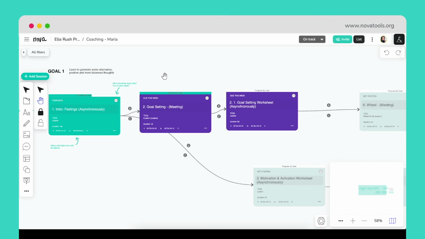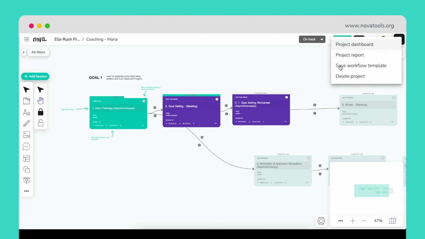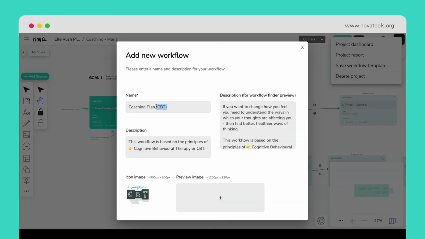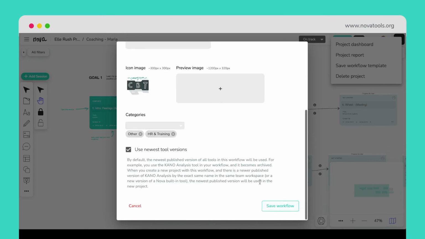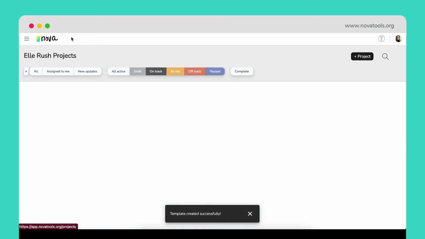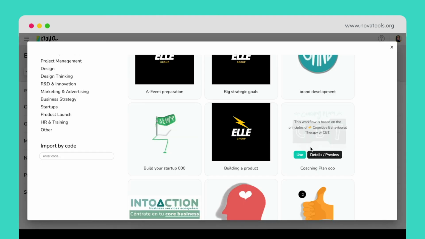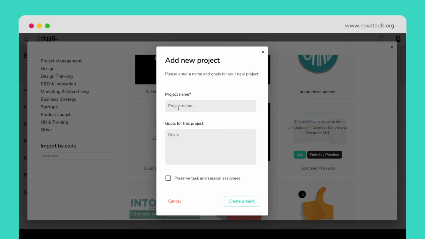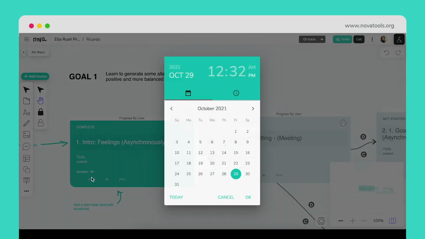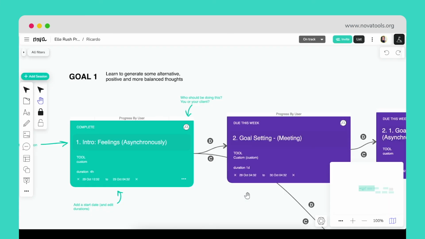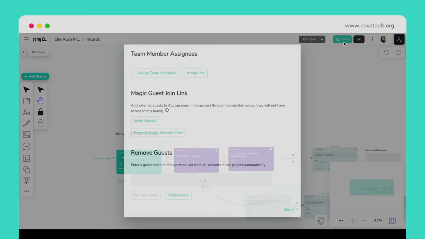So one of the things that is interesting is that I can save this workflow. Let's say this is my coaching plan, and I save it. And now automatically, when I get a new client, if I go here, I use this coaching plan, and then I say Ricardo is my client, and I automatically have everything ready to go for this client. I just need to start, select the date, and invite them by sharing this link,